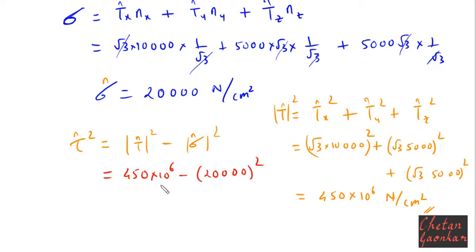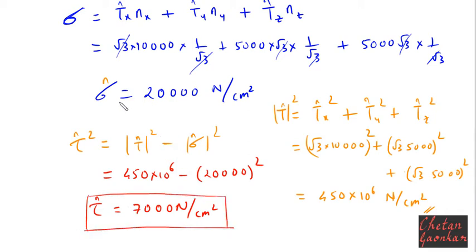So once I do this calculation again, finally I will get tau n as 7,000 Newton per centimeter square. So this is how I can find